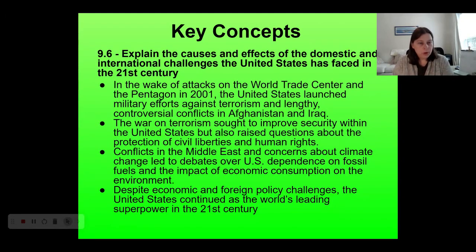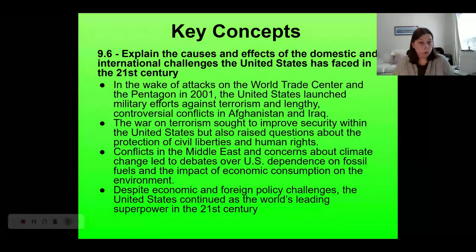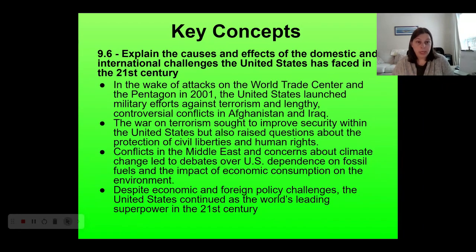So just as some reminders, on September 11th, 2001, the organization Al-Qaeda, which is based in Afghanistan, launches terrorist attacks on the United States. They target the World Trade Center in New York, which is a symbol of the American economy. They target the Pentagon in Washington, D.C., which is a symbol of the American military, and they most likely were targeting either the White House or the U.S. Capitol building as a symbol of the American government. So government, military, and economy, essentially as a form of protest against what they saw as American economic, governmental, and military dominance or interference in the Middle East.